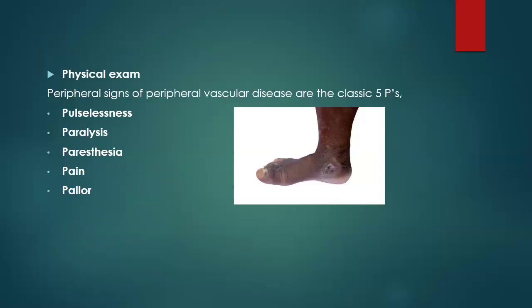We have to do the physical examination, the clinical examination and Doppler examination also. We have to look for pulse, paralysis, paresthesia. If the patient is diabetic and has an ulcer, we have to rule out whether the cause is neurological or vascular. It's very important. So we have to send the patient to neurology for a neurological study, to see whether the nerve conduction velocity is normal or not, whether the patient has diabetic neuropathy or not. We have to rule this out before doing any vascular intervention.